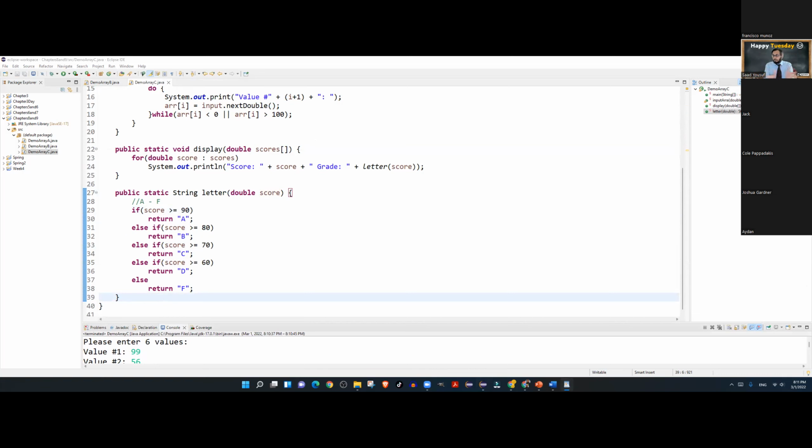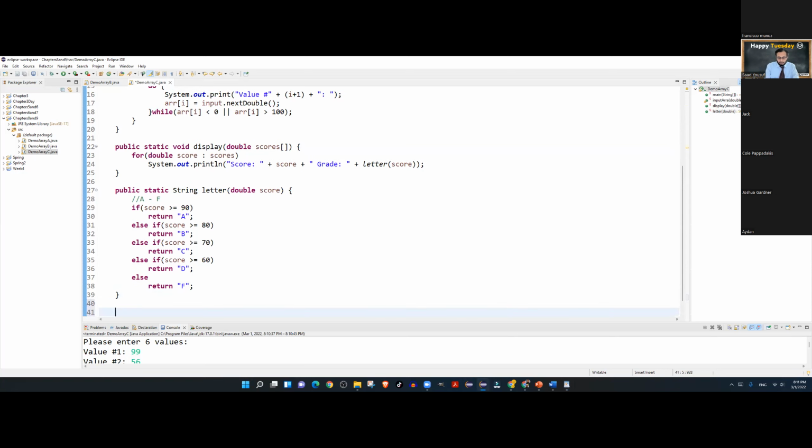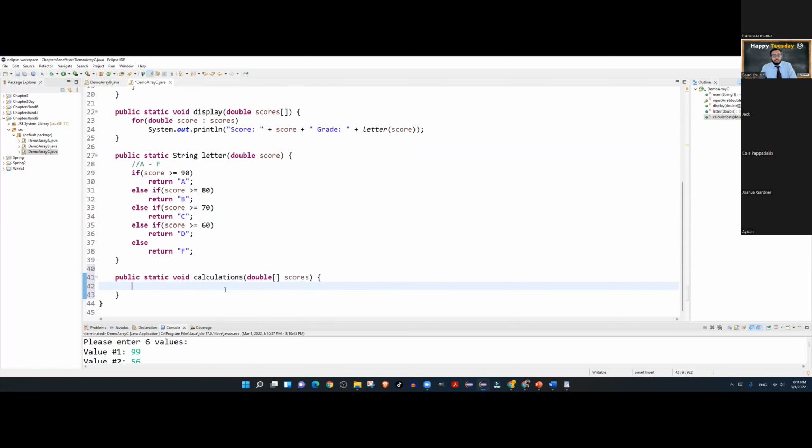With all of this in place, only one piece is left, which is the very last piece. That is where I asked you to create a method called calculations, to which I said pass the entire array, and we've got to figure out the average.